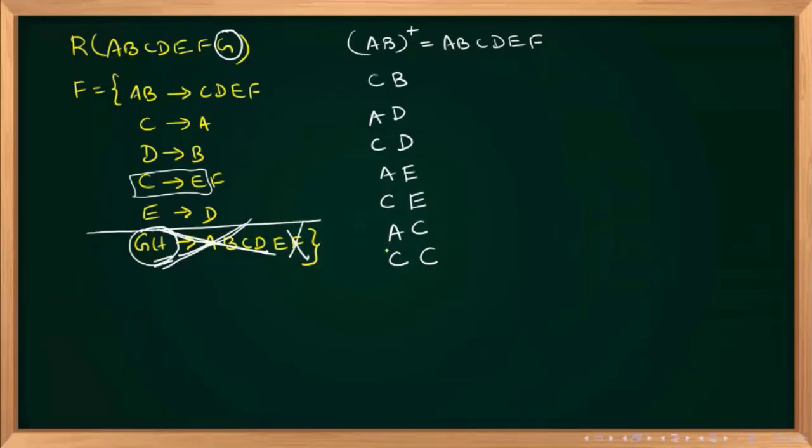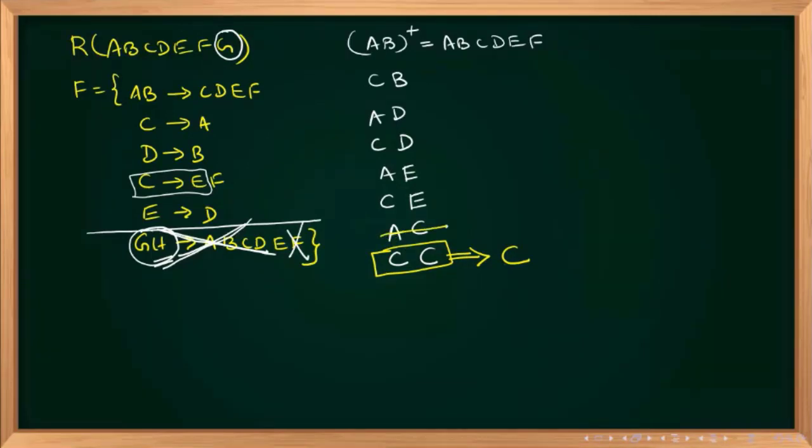You see here, CC. Will we say something like employee ID and employee ID closure will give everything? It's wrong only, no? Yes. So ultimately, CC is reducing to C. That clearly shows that with the C closure alone, we can get everything. Yes or no? With the C closure alone, we can get everything. So if this is reducing to C, all other things coming with C will be deleted.